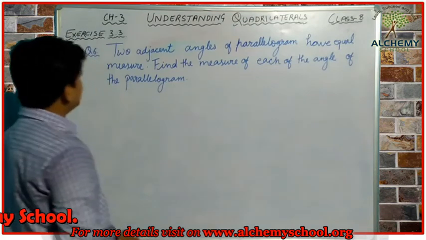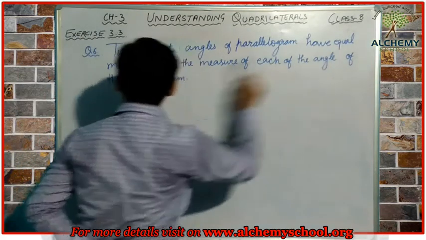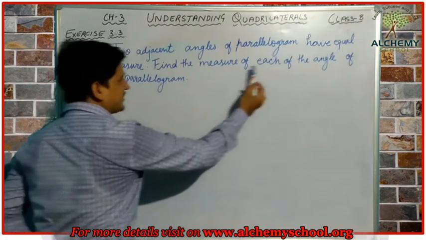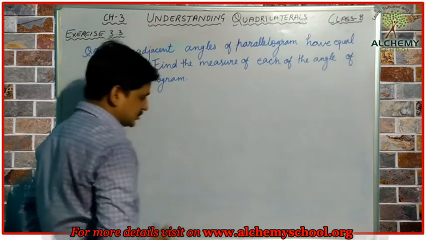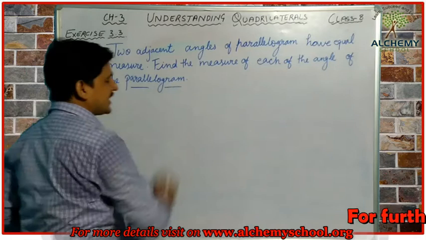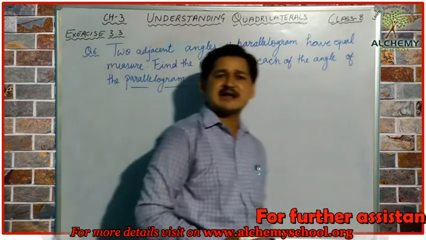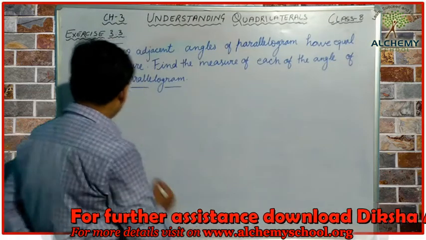In this question, two adjacent angles of a parallelogram have equal measure. Find the measure of each angle of the parallelogram. Already we know about parallelograms. In a parallelogram, the sum of adjacent angles is 180 degrees. So first of all, we can let